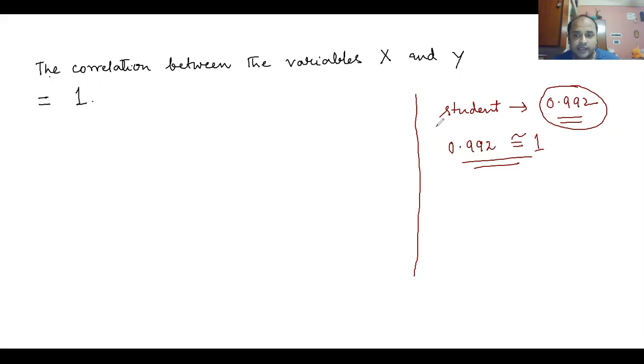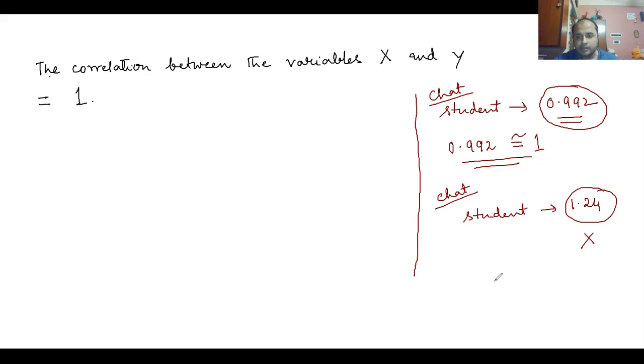But this is the first thing which I got in the chat box. I have got this result from the chat box. I also got from the same student that he said that probably he has got the answer to be 1.24. If he says that he has got this answer 1.24, then he is wrong. Why? Because